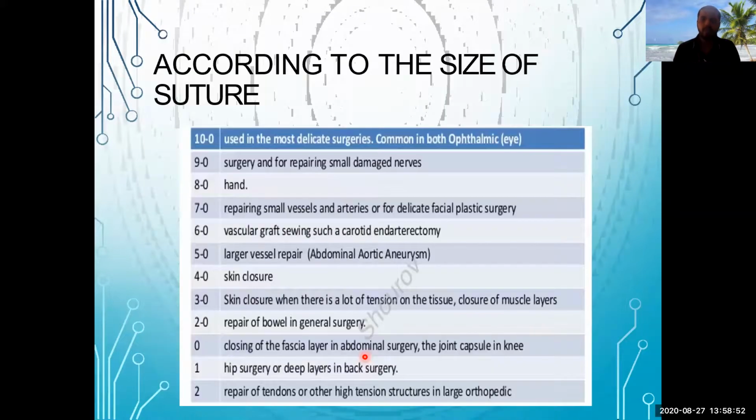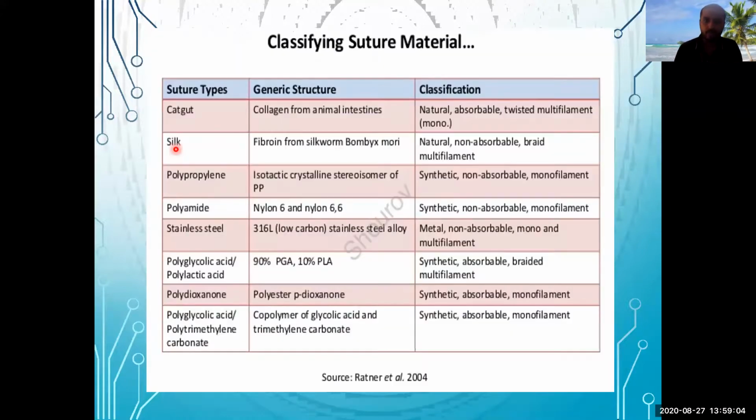Then if possible, try to remember the monofilaments and multifilaments as well. We also discussed what is meant by size number 1, number 10, number 20, the sequence of larger and smaller. If you can memorize this chart, you can answer many things. Which one is synthetic? We have mentioned here.